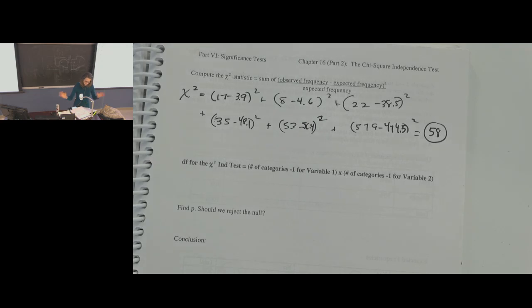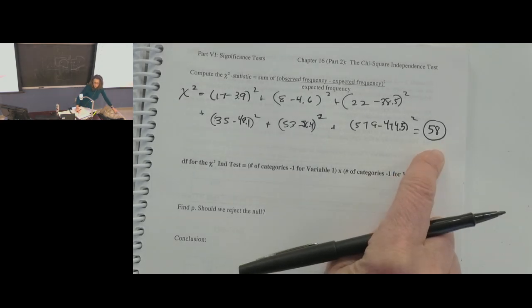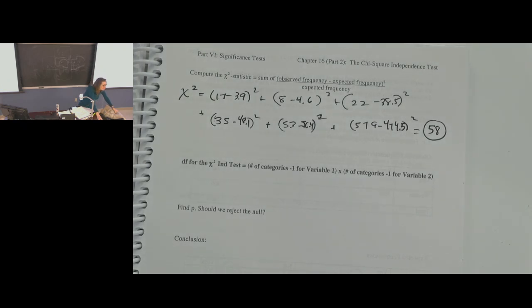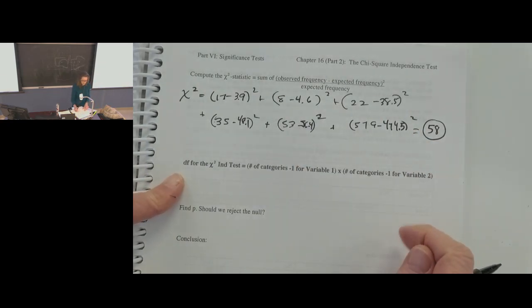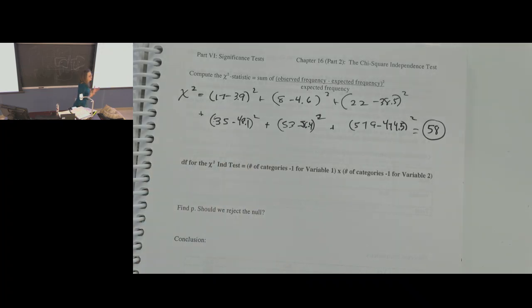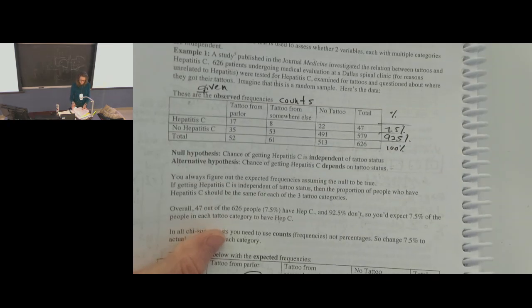So now, when you see this number, that's big. Do you know why that's big? Because we'd expect to get... what are our degrees of freedom? How many independent categories do we have? Do you think we can just say 6 minus 1 again? No, we can't. Because look, if you go back here,